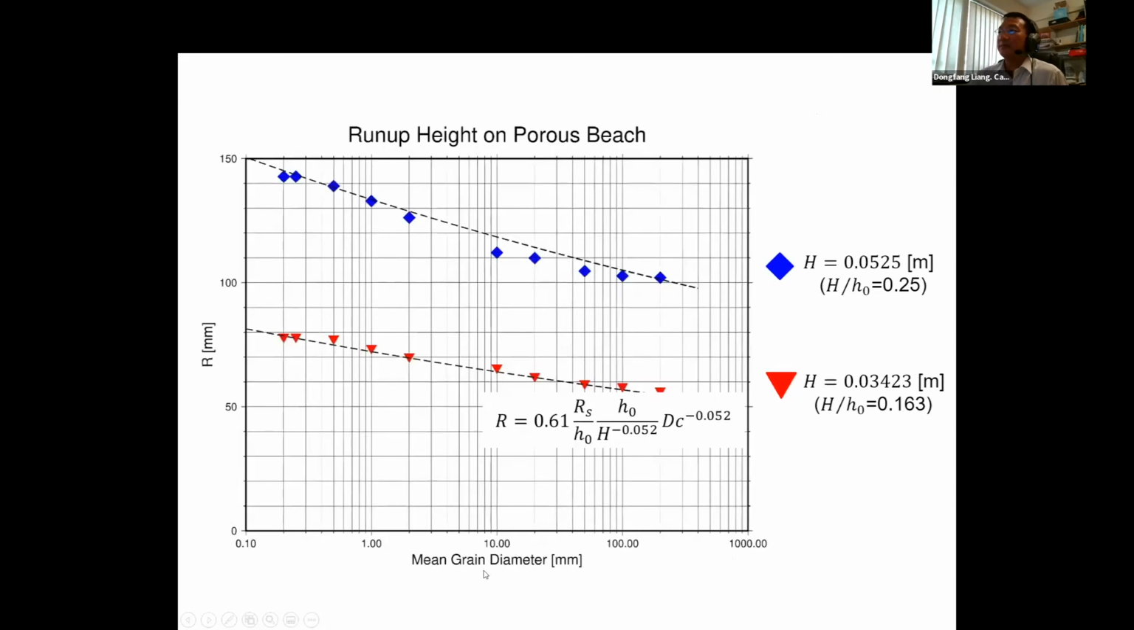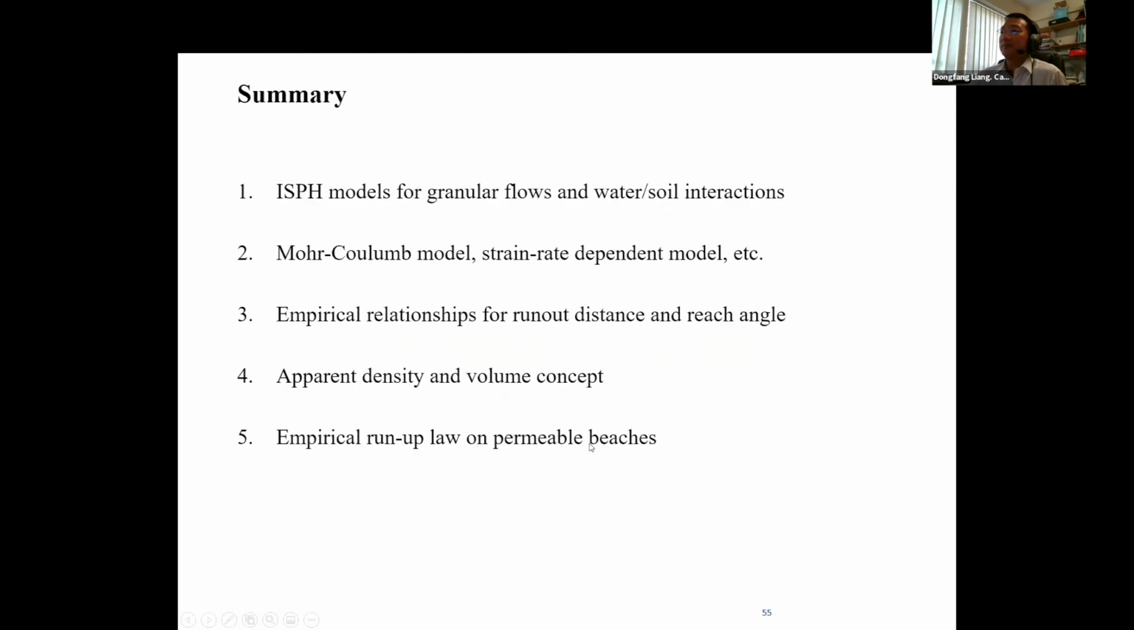grain size. And then we proposed an empirical equation to predict the run-up height according to the grain size in the beach, using the run-up height on a solid beach of the same slope with the same incoming wave height as the reference, which is RS here. So to summarize,